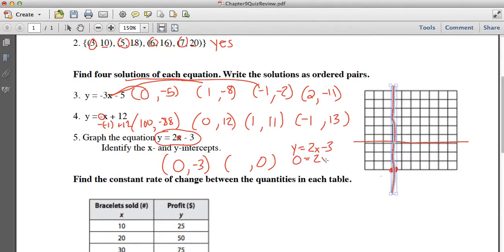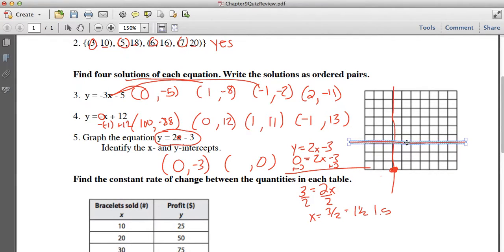0 equals 2x minus 3, plus 3 plus 3, and I get 3 equals 2x. Divide by 2, divide by 2, x equals 3 halves, or 1 and 1 half, or 1.5. And so on my x-axis, I'm going to put a dot right there, and